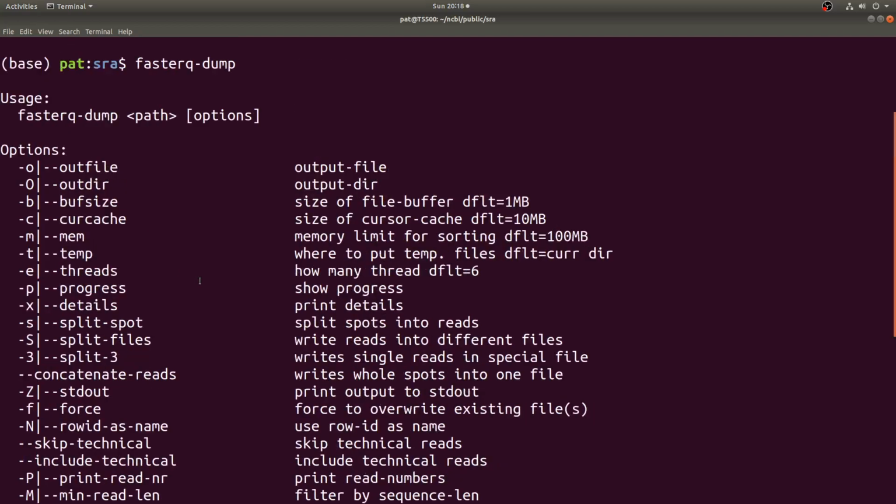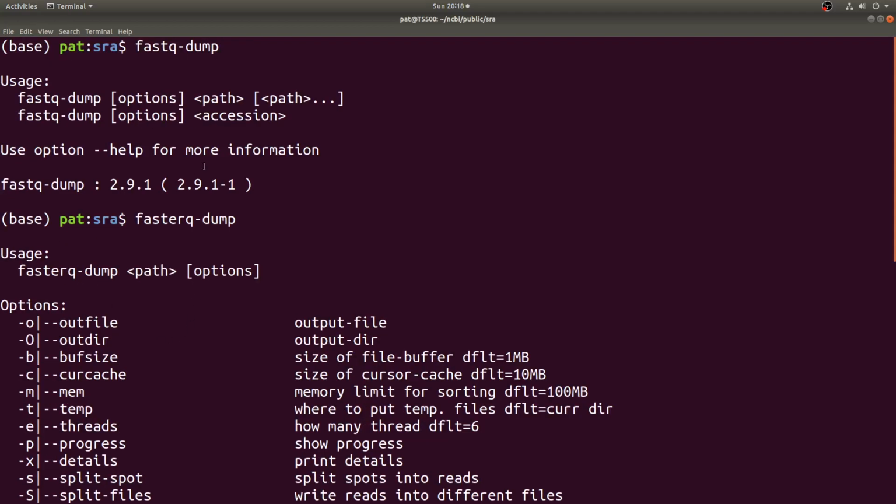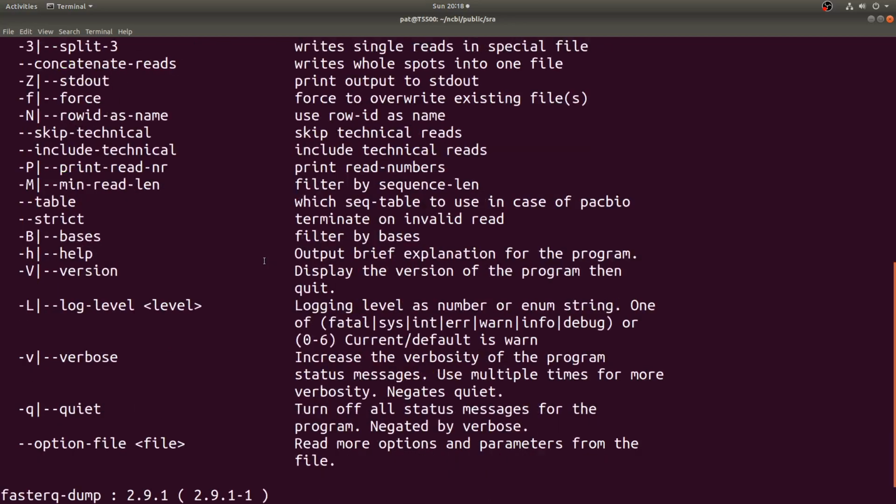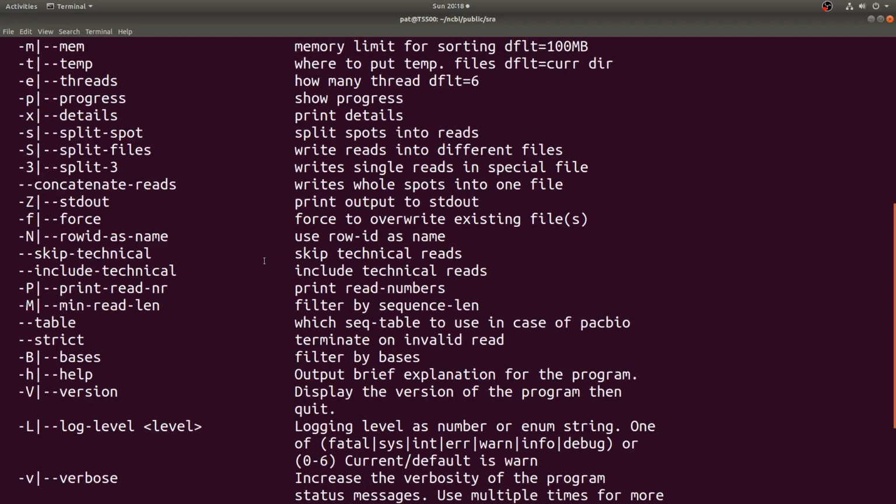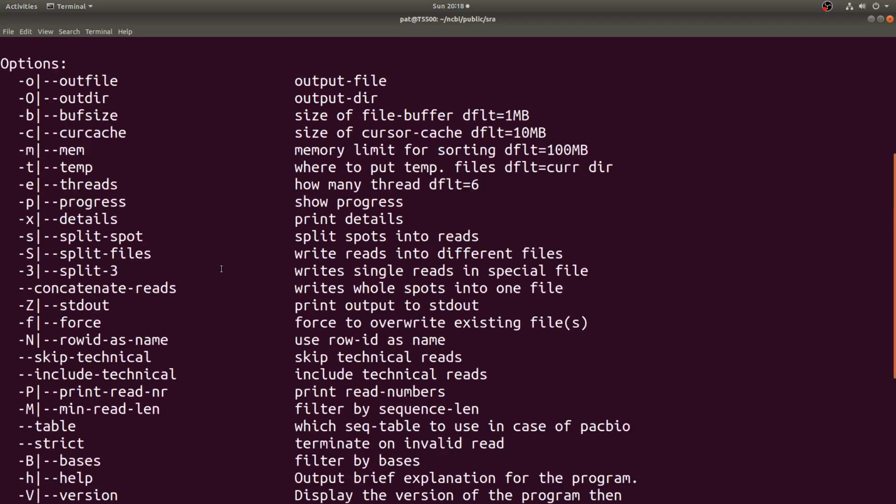So that's why I chose to install that one as well. So this is the command you'll need to extract the FASTQ files from that SRA file. There are a few options that you will want to do. Since we are looking at paired end data, we want to use this split files